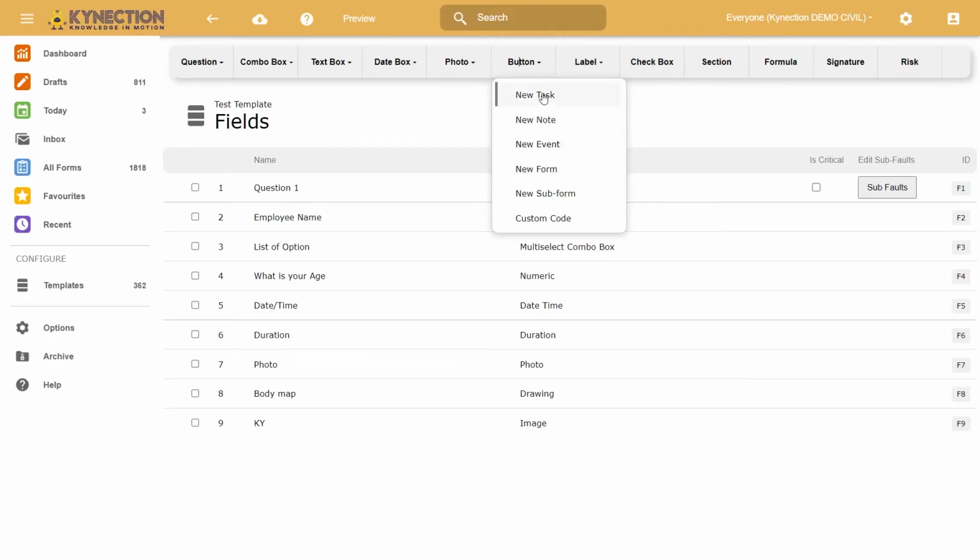Button. A lot of these aren't heavily used. The key one that I use is new subform, which allows you to create, as it sounds, a subform connected to the main form. So what that means is if you have a form where I need to get 20 people's signature, you will be able to fill out as many as needed for those 20 by pressing the button